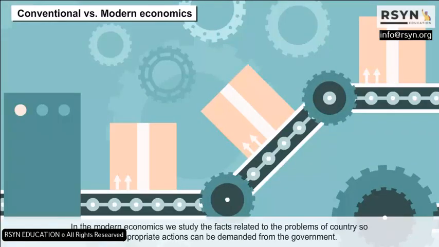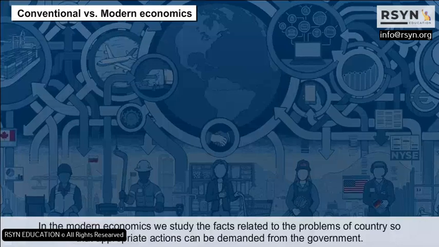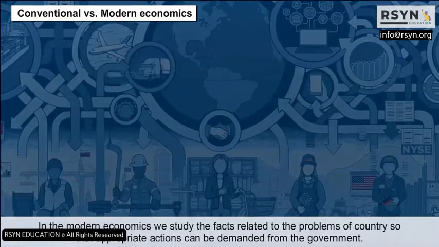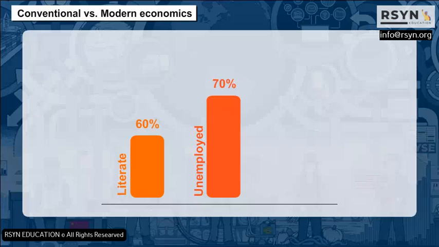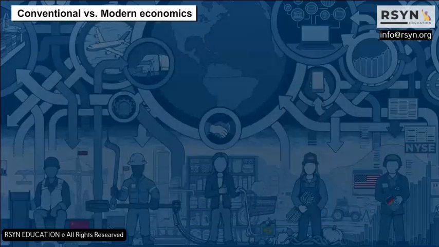In modern economics, we study the facts related to the problems of the country so that appropriate actions can be demanded from the government, like how many people are literate, how many are unemployed, how many are highly educated. That is why we need statistics, which is a study of numbers related to the selected facts in a systematic manner. So, we can say that